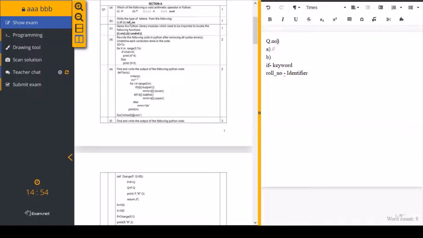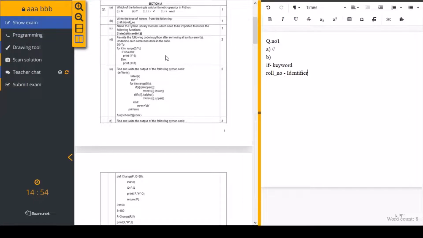Where typing is possible for you, where you can type the answers, those questions you type by providing the accurate question number. But everything is not possible by typing. So what we can do, if there are some answers which you cannot type, for example like we need to draw, or you need to make images, or maybe tables. This is a little difficult. So further, what you can do is manual writing. That means you can write the answers on a paper by using your pen. So make your answers ready.